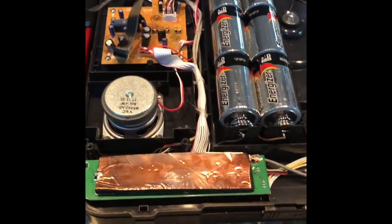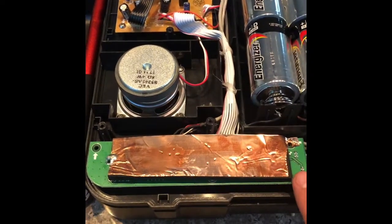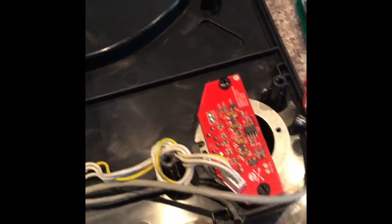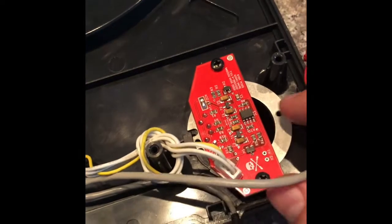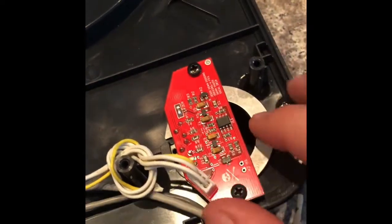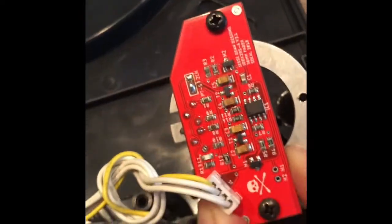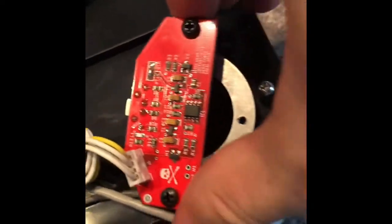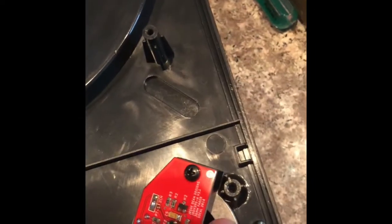Alright, so I opened it back up. Now there's a capacitor on the bottom of here that you can either cut or solder out. I know they recommended that because I guess it kind of makes it duck or conditions it a little bit. And remember earlier I mentioned that tab would fit in there, but if you want to do the 45-degree, there's actually a second tab that fits in there. But if you notice, it's kind of blocked by